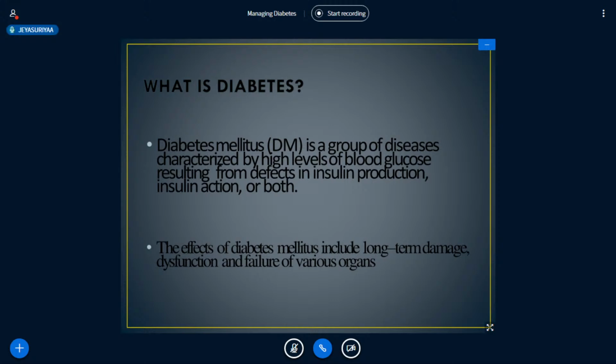Now, what is diabetes? Diabetes, to be more precise, diabetes mellitus. Diabetes mellitus refers to a group of diseases that affect how our body uses blood sugar, that is, to be more precise, glucose. Glucose is very vital to our health because it is an important source of energy for the cells that make up our muscles and tissues. It's also our brain's main source of fuel.